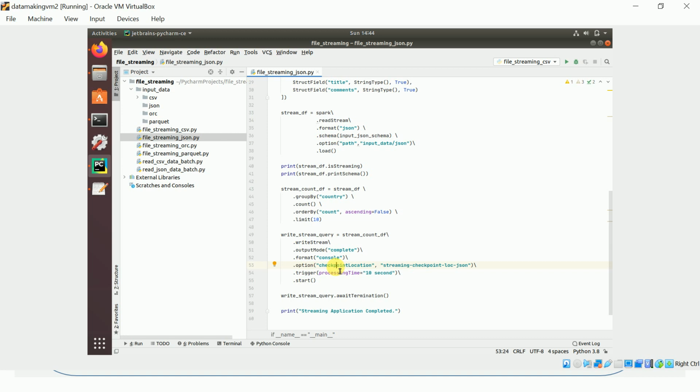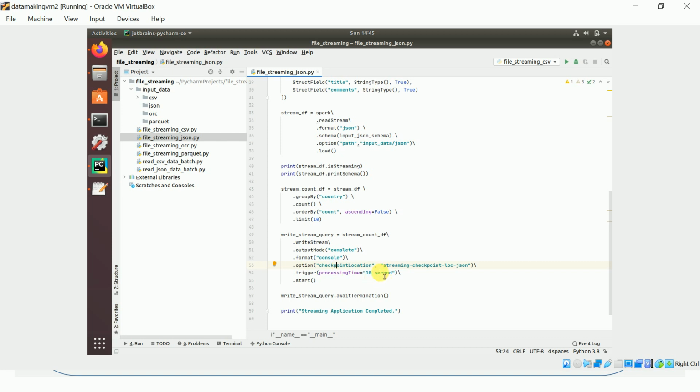Checkpointing also helps, for example, if your application is shut down abnormally, or if you stop it and want to continue from the place where you left off. Checkpointing tracks your streaming metadata: whenever data is consumed from the stream source, it stores metadata about the consumed data in your checkpoint location, so it keeps track of your streaming.